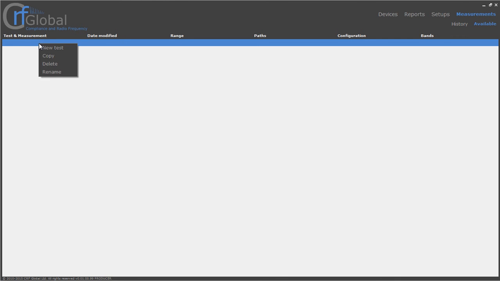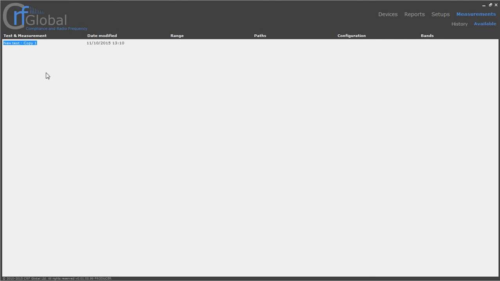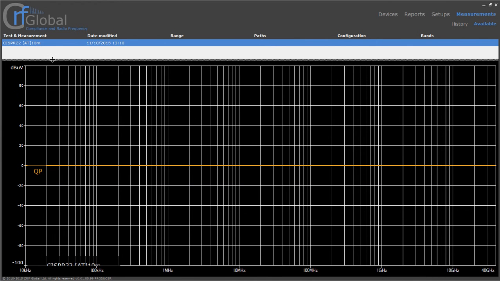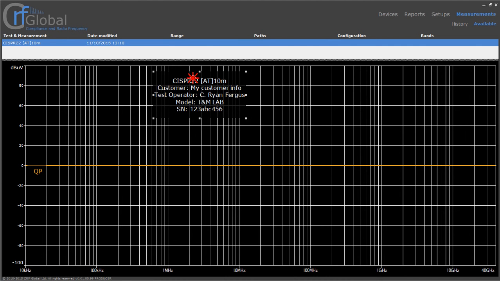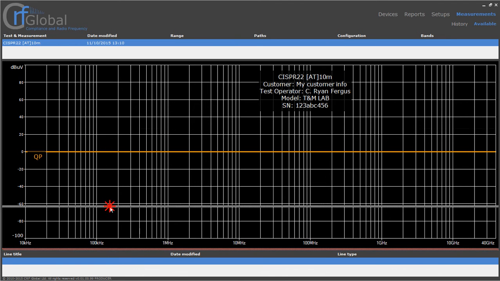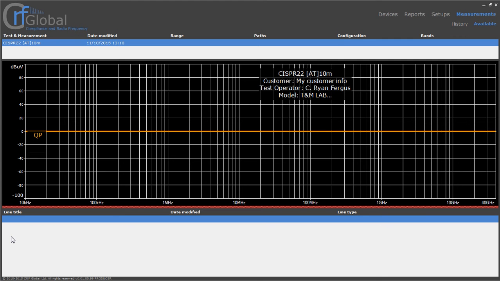So, first of all, we'll add a new test, and we'll start off with the premise of creating a CISPR22. CISPR22 at 10 meters. Okay, so if I just open that up, I now have my CISPR22 at 10 meters, but I don't have the limit line in there. So I need to import that or build it. In this case, I'm going to import it. So I have my lines here,